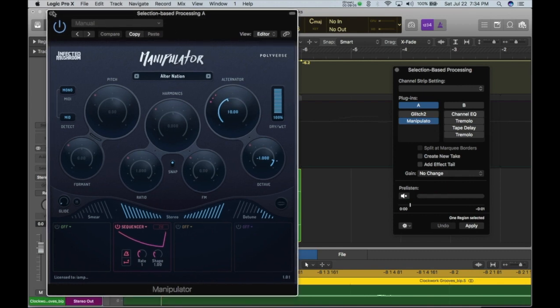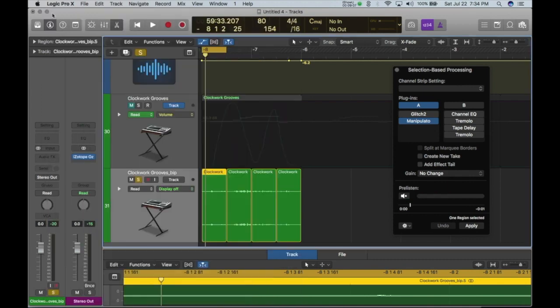Manipulator is a great plugin, by the way. I highly recommend it. I just recently purchased it. So now I apply this,